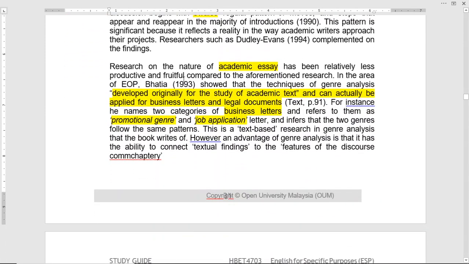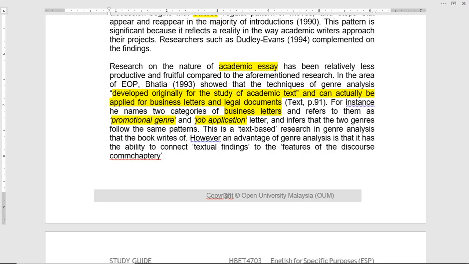So, for example, research on the nature of an academic essay. If we ask that question, what matters is the discourse analysis. So you can see